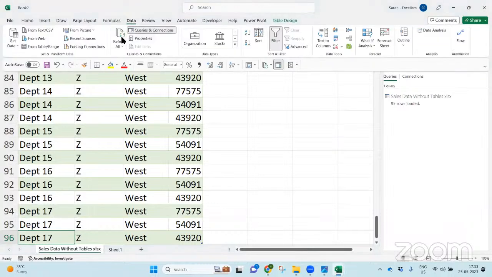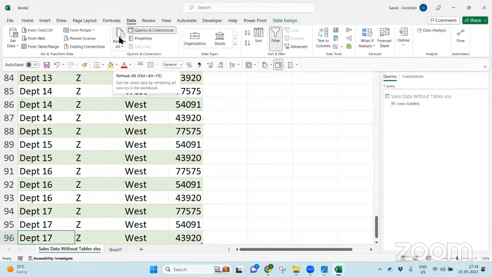Go to the data. Now, if I refresh, what will happen? Do you think it's going to add that department 18 automatically here? Please put in the chat box. Whoever is watching this live, please put in the chat box. Do you think if I refresh, the 18th sheet will automatically get added below the 17 departments? Please put in the chat box. This is the real power of the Power Query.